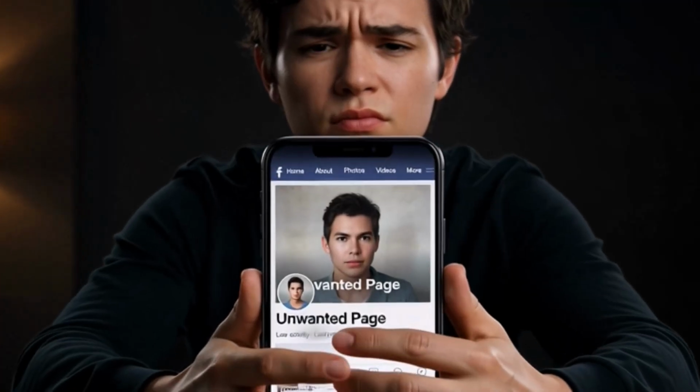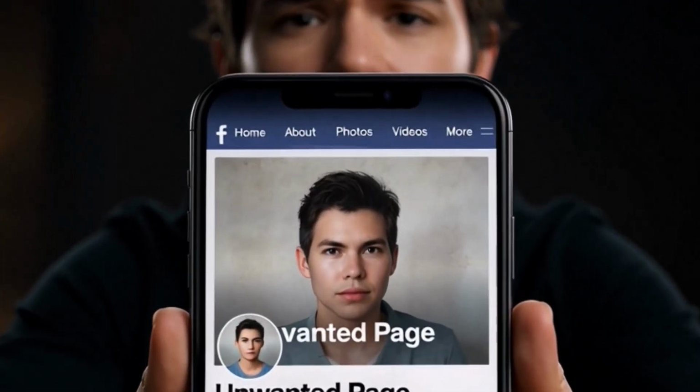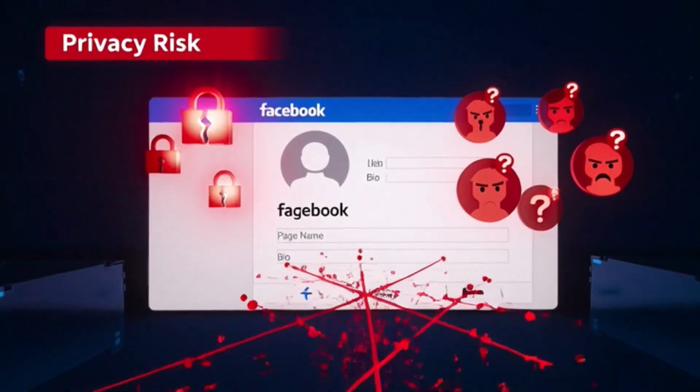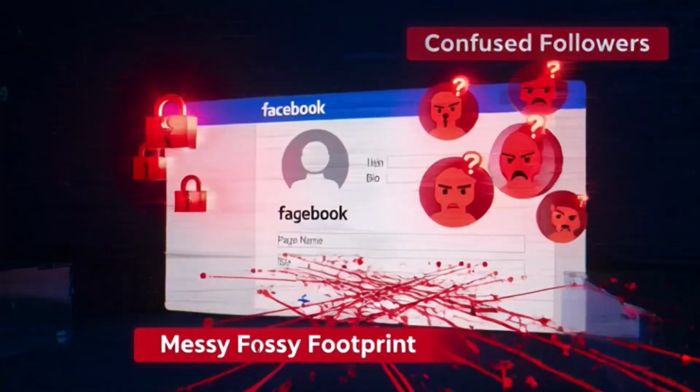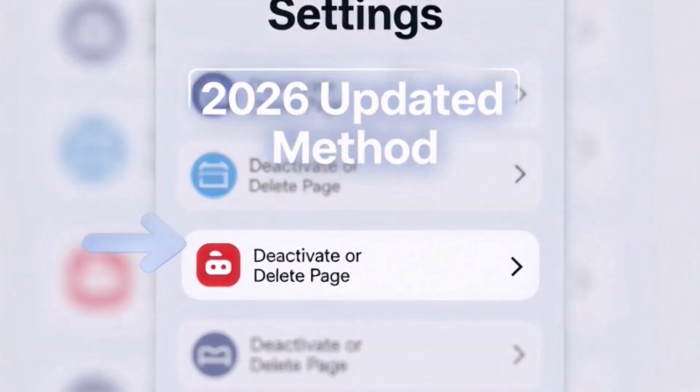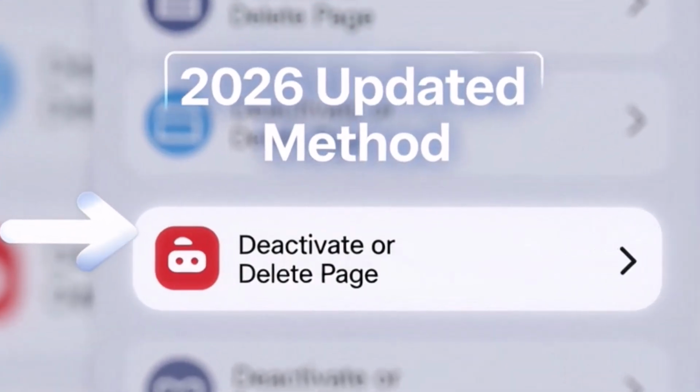Do you have a Facebook page you no longer want? Leaving it online can risk your privacy, confuse followers, and keep your digital footprint messy. In this video, I'll show you the exact 2026 method to delete or deactivate your Facebook page permanently, including how